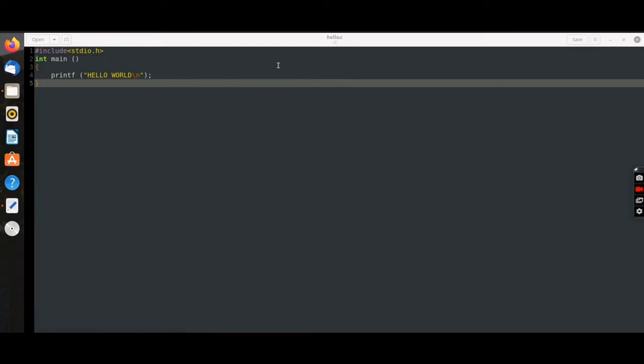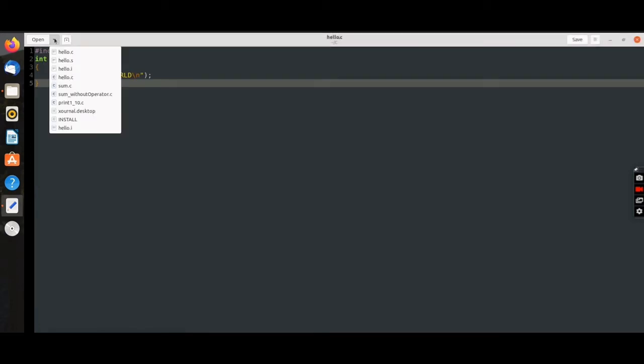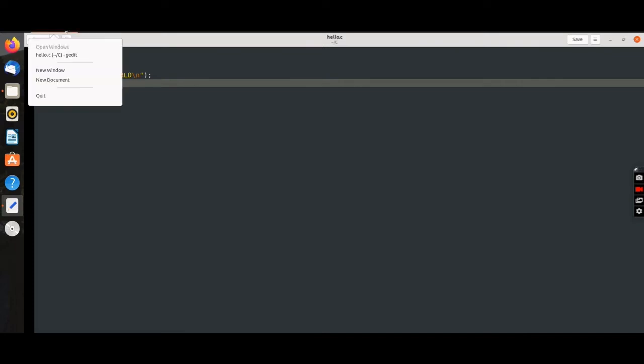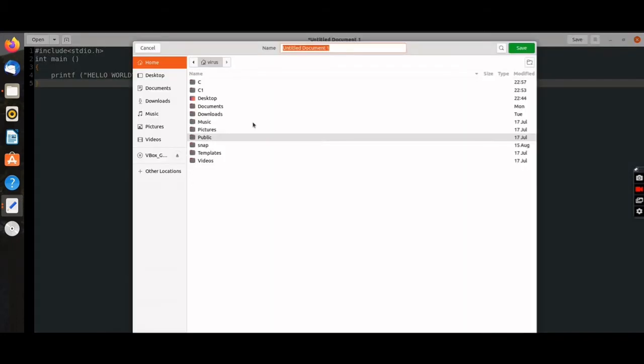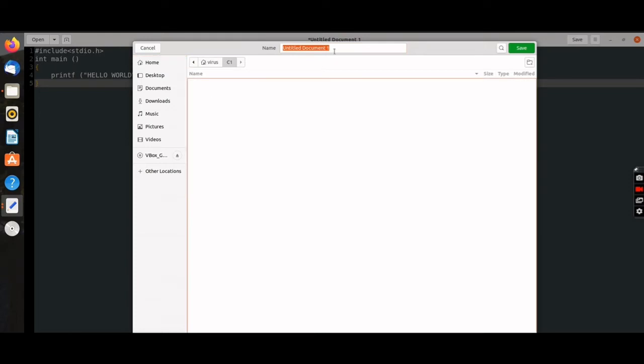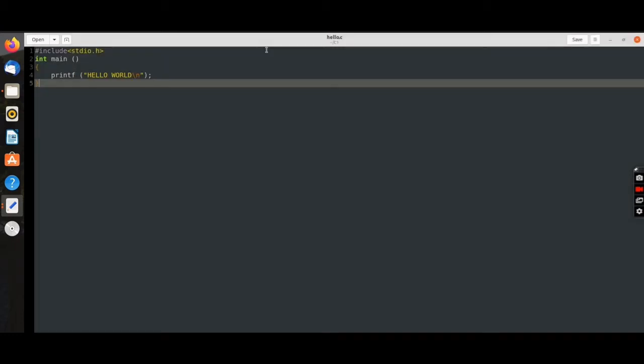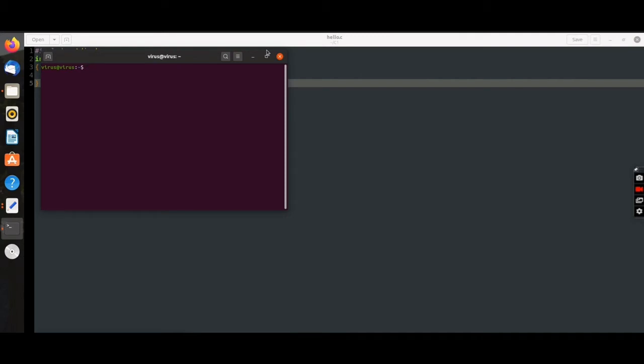So I'm going to create a new file. Here I'm going to use the same code, so I have already copied it. I'm just going to paste it, and now I have created another folder called C1. In this folder I'm going to save this file by the name hello.c. Now again I'm going to run it, but this time I'm going to use a different manner to run the program. Let me go to my first main folder.